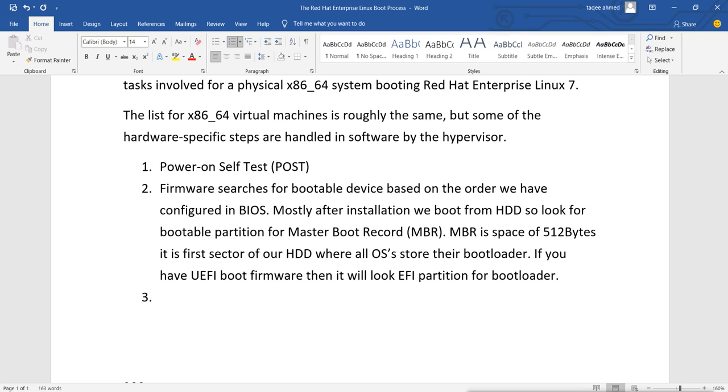So here our system will load. This is actually the system firmware reading the bootloader.